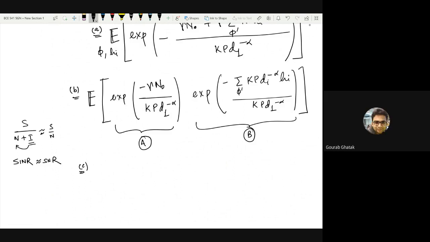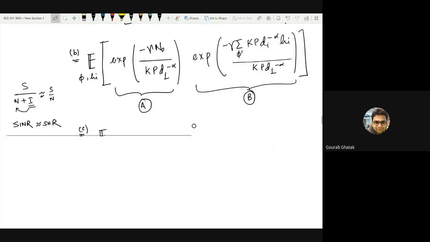Okay. If I try to write this in a better way, we have an expectation. Remember here the expectation is with respect to phi and hi. I think for the B term there should be a gamma before the sign. Yes, I think like this. Yeah, you are correct. Of course, this threshold with which we are comparing the SINR, it matters whether the interference is greater than that or not, or the noise is greater than that or not.